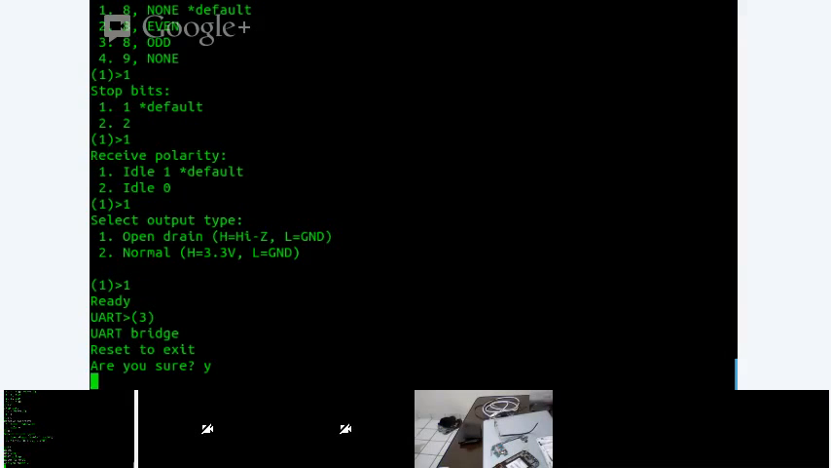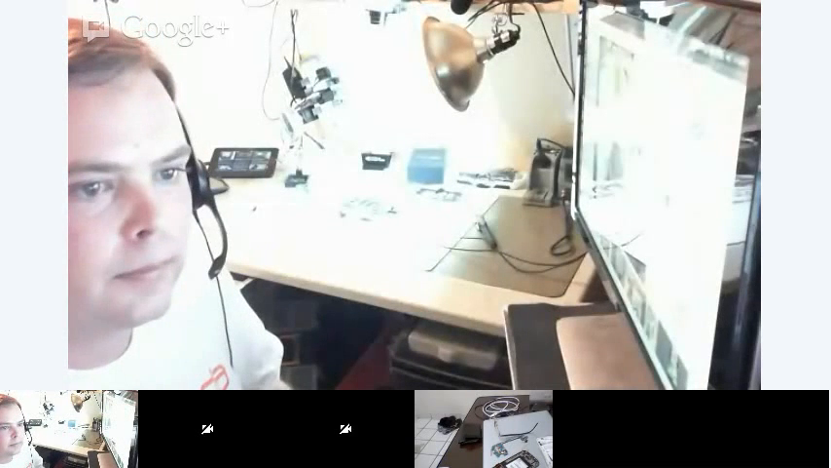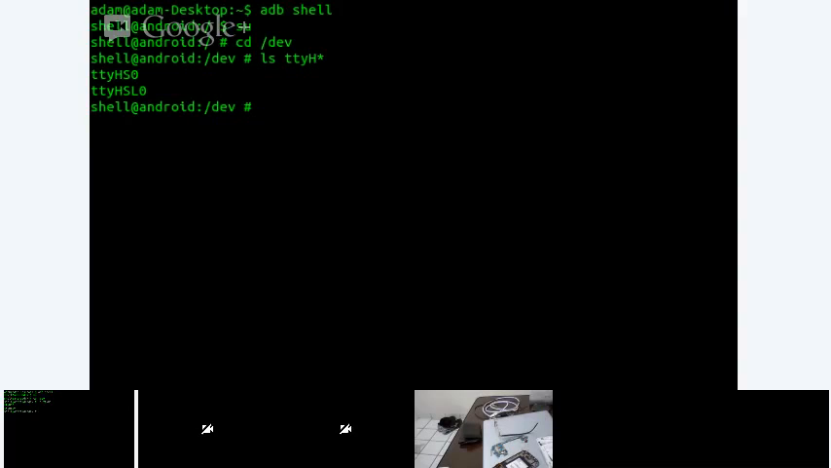And there we go. So next up, what I'm going to want to do is bring over this window, and we want to ADB shell into the device, su, cd /dev, and ls ttyhs*. All right, so